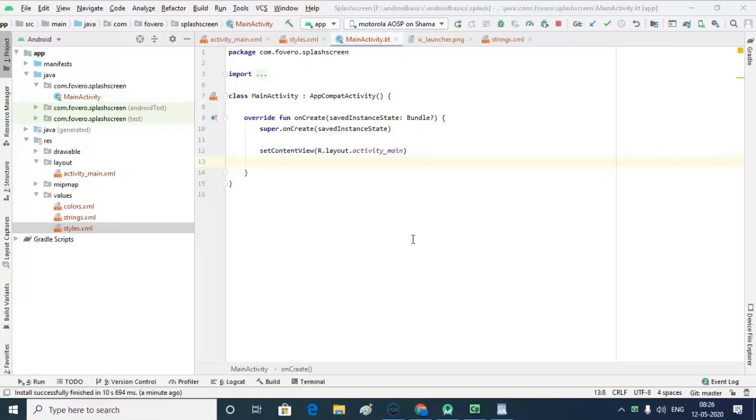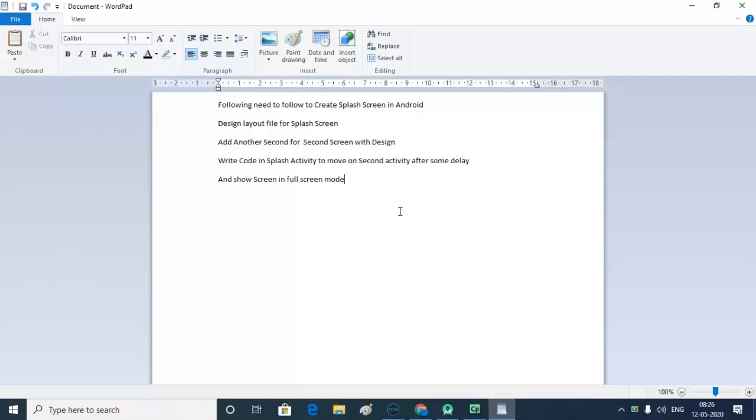Hello learners, in this video we will learn how to create a splash screen in Android. To create a splash screen we need to take these steps.